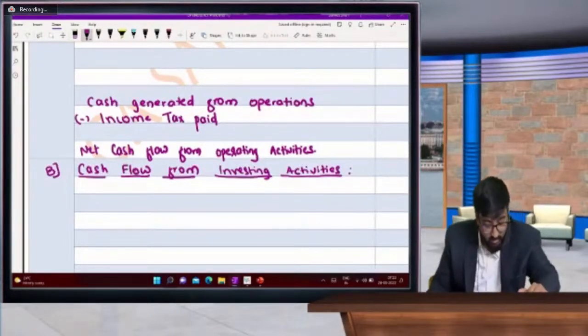ऋतिक भाई बोल रहे इनडायरेक्ट मेथड इज मोर ब्यूटीफुल। ओके,